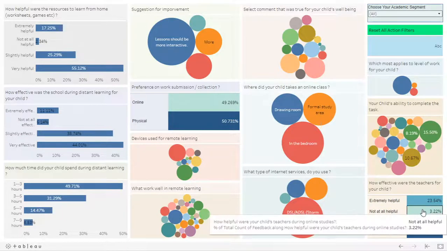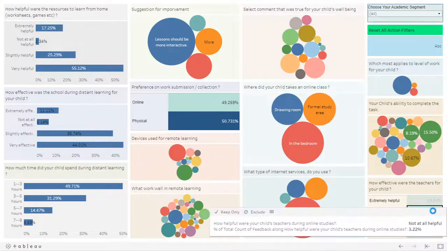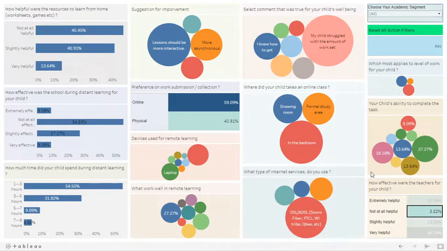So if I click on this 3.22%, this will filter out all the data, and now the data I have on my screen is about those parents who say the teachers were not helpful. So let's see what their concerns were. These are the parents who say the teachers are not helpful, they also say that the activities or the resources provided to them were not helpful